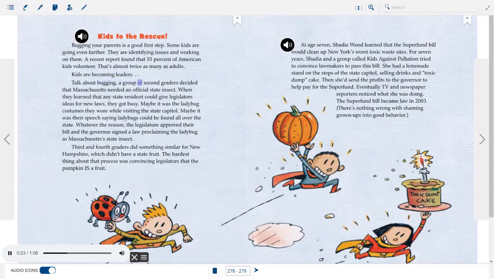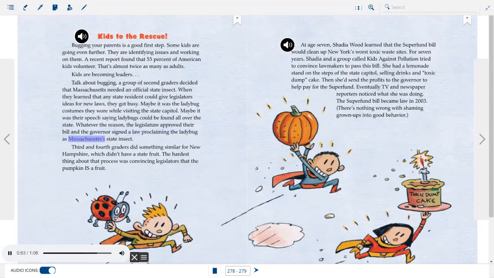A group of second graders decided that Massachusetts needed an official state insect. When they learned that any state resident could give legislators ideas for new laws, they got busy. Maybe it was the ladybug costumes they wore while visiting the state capitol. Maybe it was their speech saying ladybugs could be found all over the state. Whatever the reason, the legislature approved their bill and the government signed a law proclaiming the ladybug as Massachusetts' state